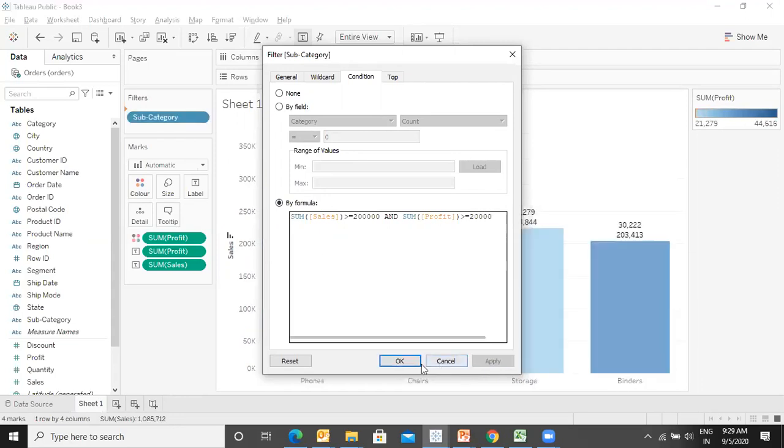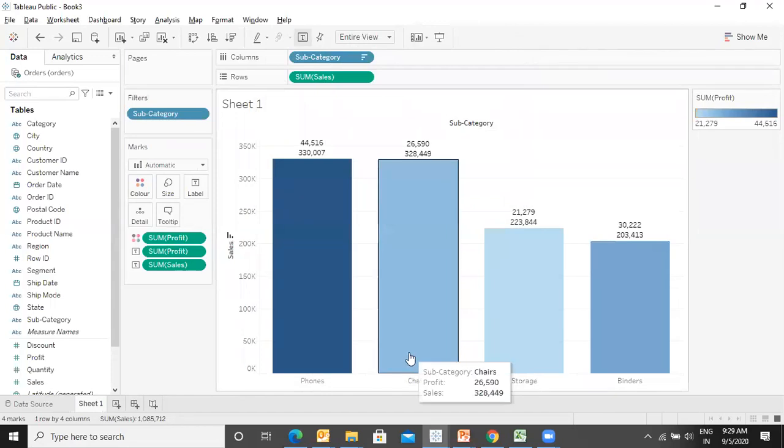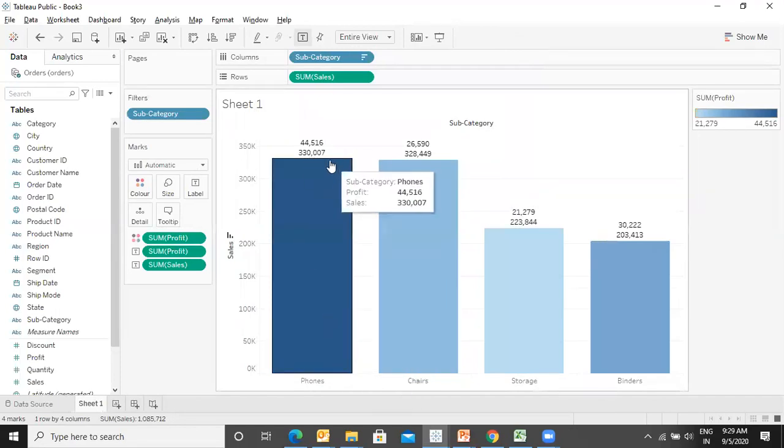Say apply and okay. So these are the fields in which the revenue is more than 200,000 and the profit is more than 20,000.